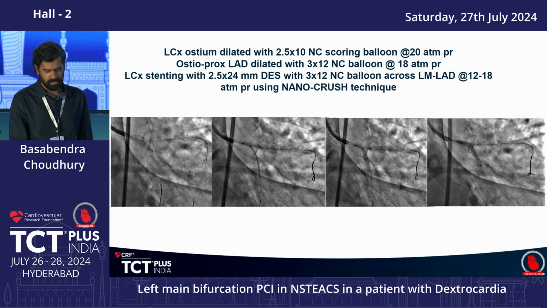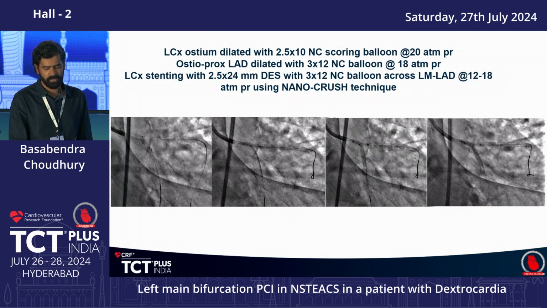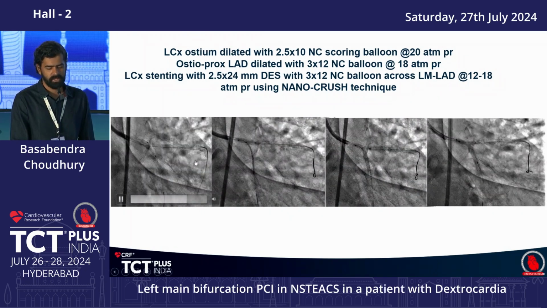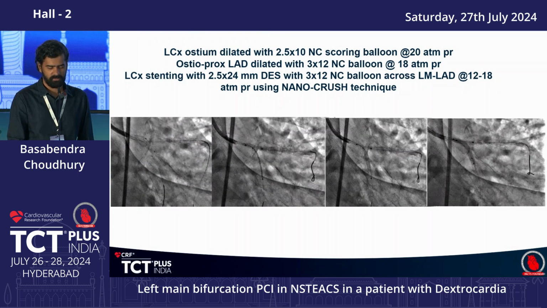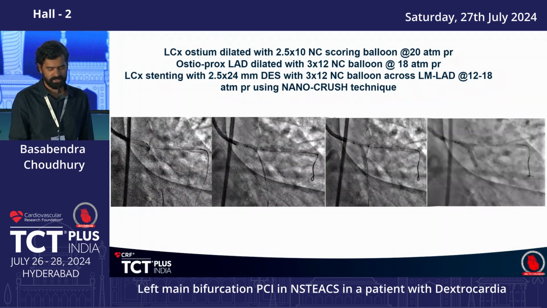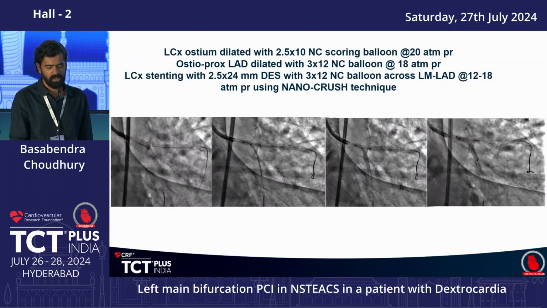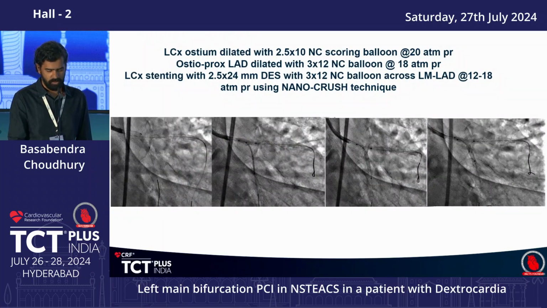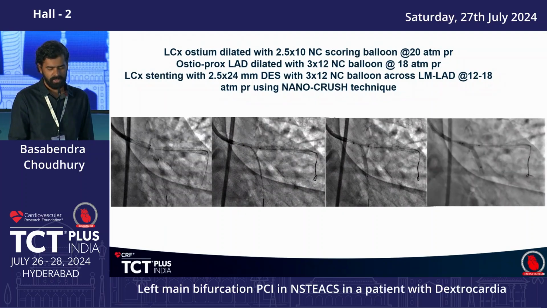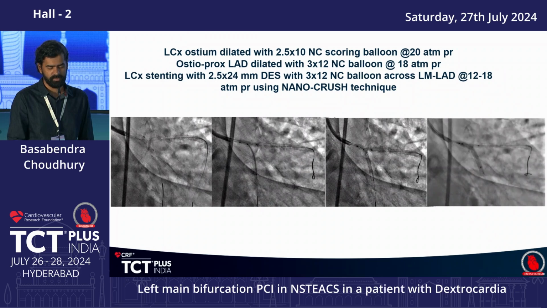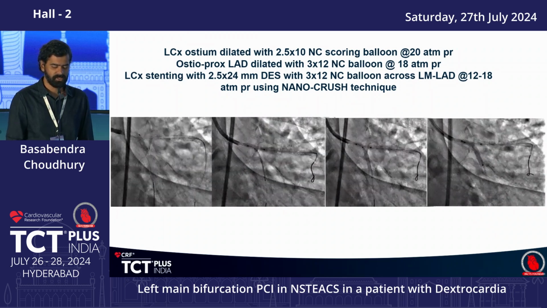So we put a 3 into 12 NC balloon across the ostium of the SB from LM to LAD and inflated it at 12 atmospheric pressure. After we had positioned the SB stent at the ostium, with the inflated balloon across the SB, we usually pull slightly, which ensures that the ostium is well covered, but also prevents the excess protrusion of the side branch